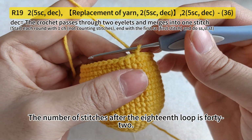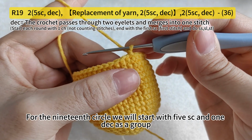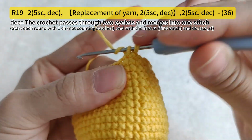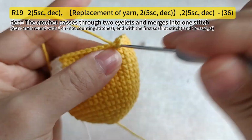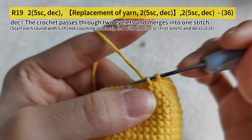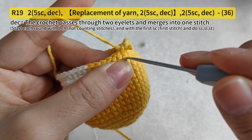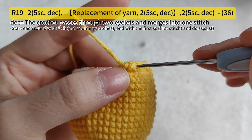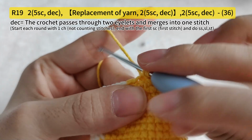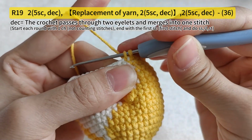The number of stitches after the 18th round is 42. For the 19th round, we will start with 5 SC and 1 decrease as a group. Hook 2 groups. Let's start with the first one. Then hook a decrease. Then hook a second decrease. Then decrease. This decrease is the same. Take an unfinished decrease,